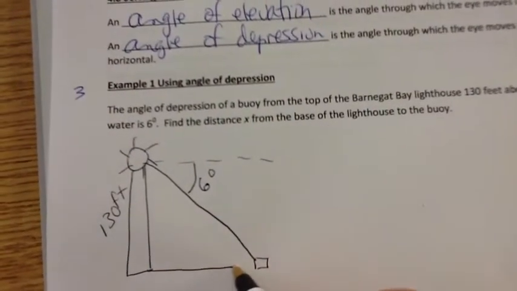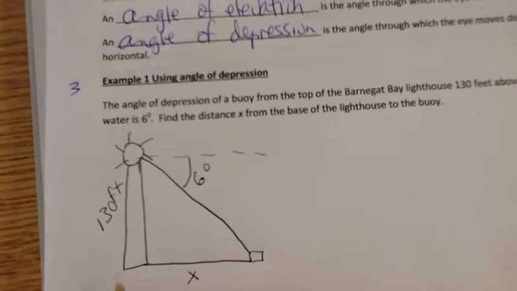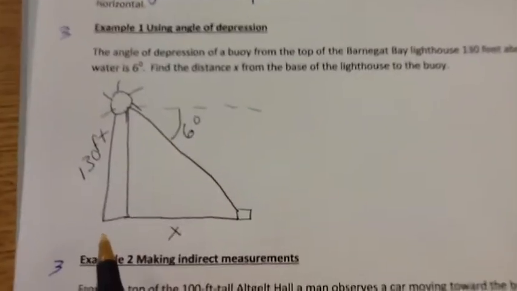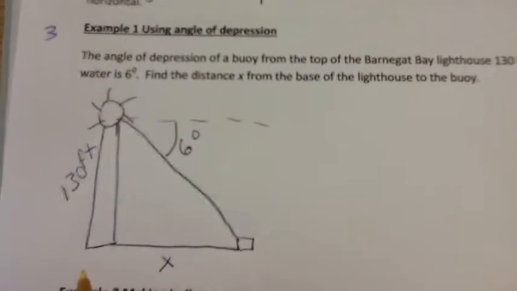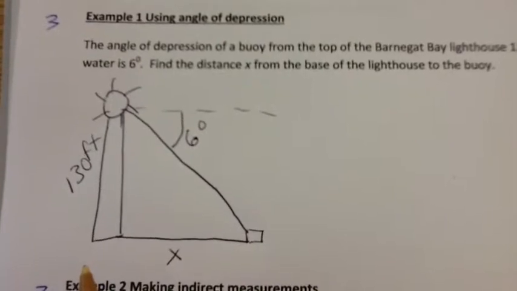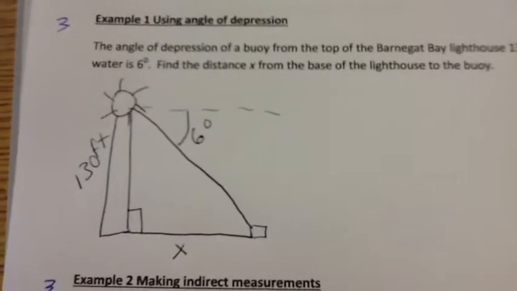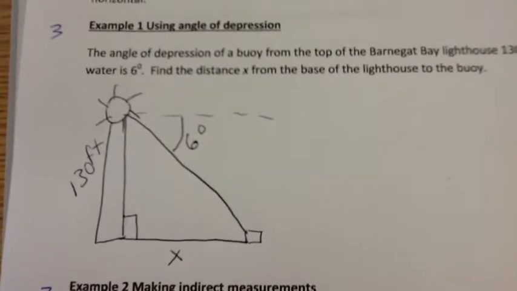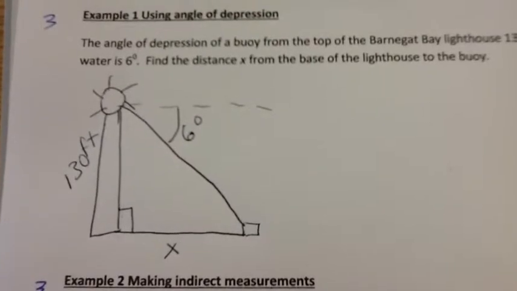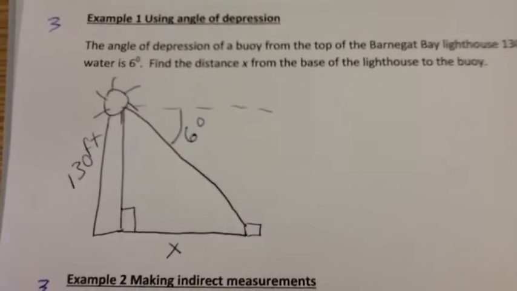And I need to know how far the buoy is from the base. The base means the bottom of the lighthouse. And so I've got a triangle here. We're going to assume that the lighthouse is perpendicular to the base, or to the shoreline. So now I've got a right triangle, but I don't have any angles inside unless I go back to geometry